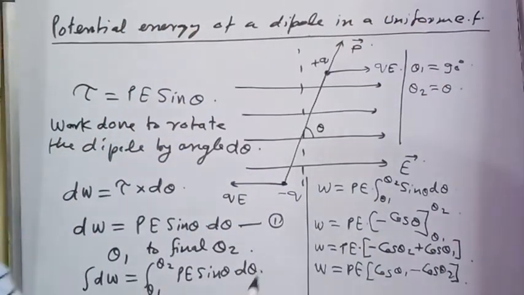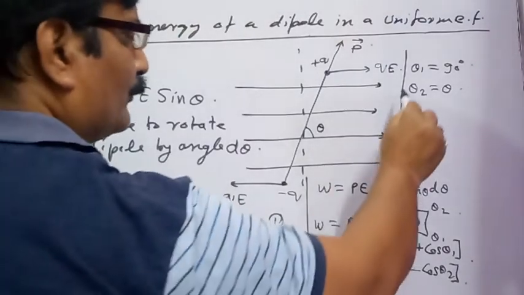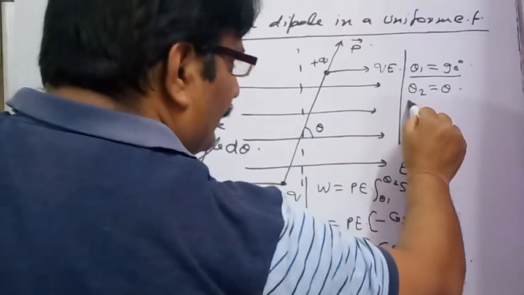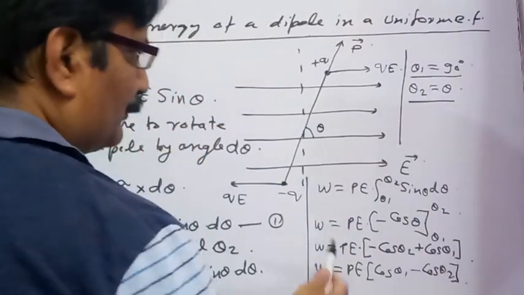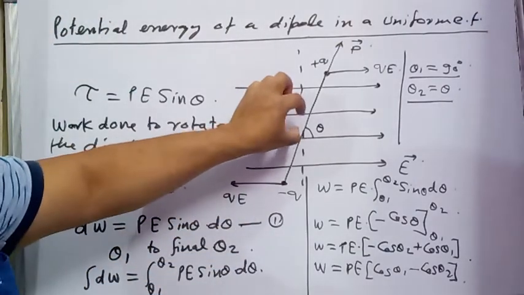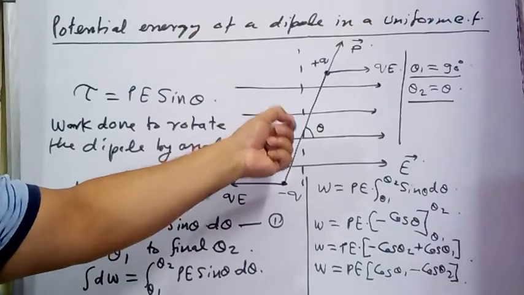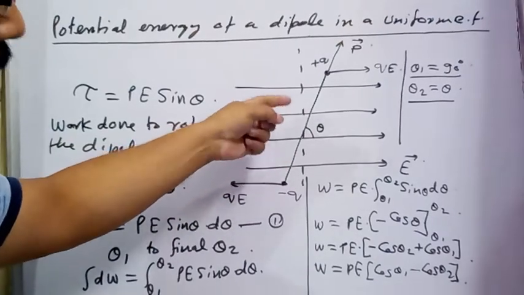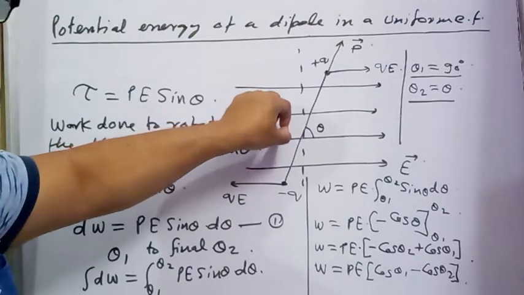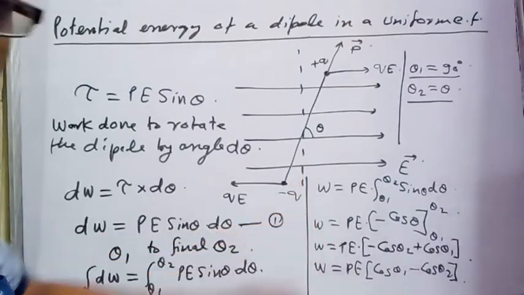Then what can be the value of potential energy or work done? The work done to rotate the dipole from the reference position to the angle given would be the amount of potential energy remaining stored in the dipole after rotation. If the dipole is released from that final position, it will try to return to its initial position by doing the same amount of work as is done at the time of rotation.